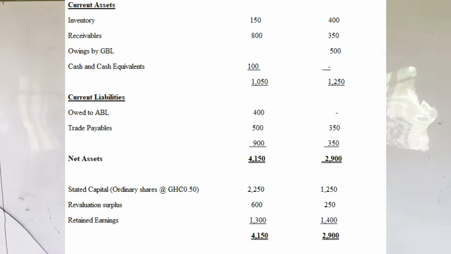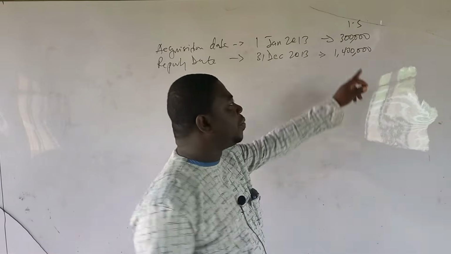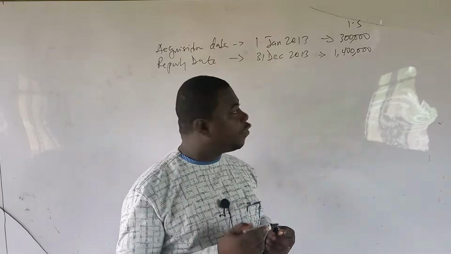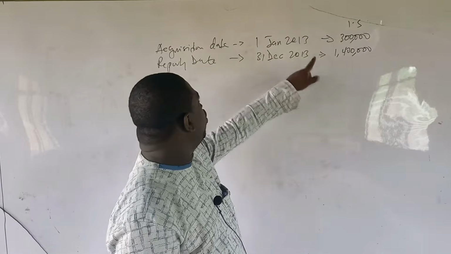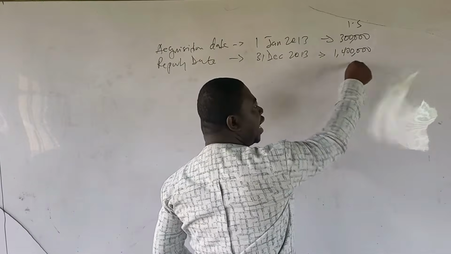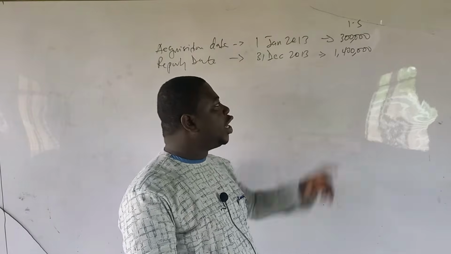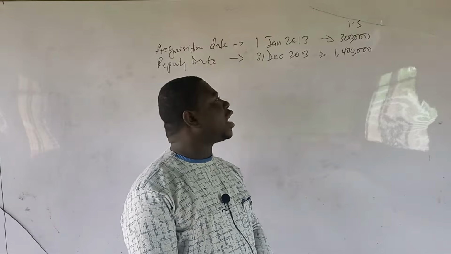Then we are told that on the reporting day, look at the statement of financial position of the subsidiary ABL. Under the equity column, we have retained earnings of 1.4 million. So it means that at reporting date, the same income surplus balance has increased from 300,000 to 1.4 million. Even though the parent company bought it when it was 300,000, now it's 1.4 million. So they have worked to add an additional 1.1 million, which will be considered as a post-acquisition